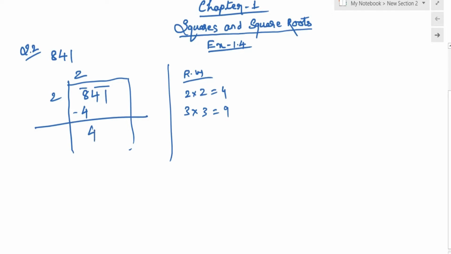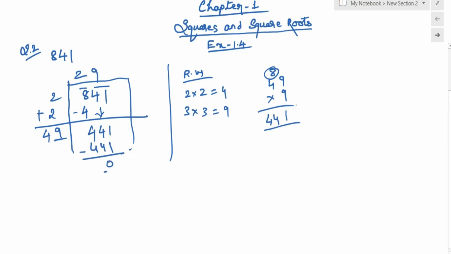अब आपको पता है उसी डिजिट से आपको प्लस करके 2 + 2 = 4 करके एक डिजिट एक्स्ट्रा छोड़ना है. ये 41 जो है पेयरिंग में नीचे जाएगा, 441. लास्ट में 1 जो आता है 9 9s are 81. देखते हैं 9 9s we are getting 81, कैरी फॉरवर्ड 8, 9 4s = 36, 36 + 8 is 44. तो इस तरीके से एग्जैक्ट हमें पता चल जाता है कि 49 × 9 is 441. The remainder is 0. That means the square root value of 841 is 29.